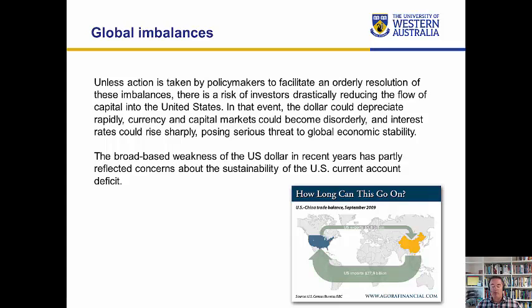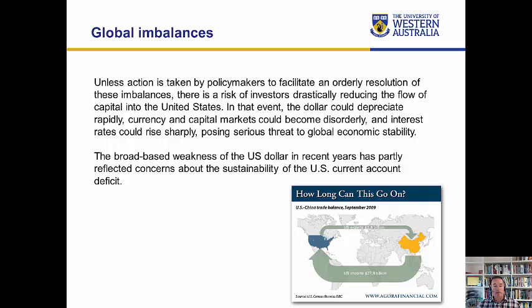Well, to understand that, we've got to realize that in the balance of payments, if America is running a current account deficit with China, it must be running a capital financial account surplus. Let's just for now imagine that there are only two countries in the world, the US and China. If America is running a current account deficit, it must be running an offsetting capital financial account surplus, and that surplus means there must be investment funds flowing from China into America.